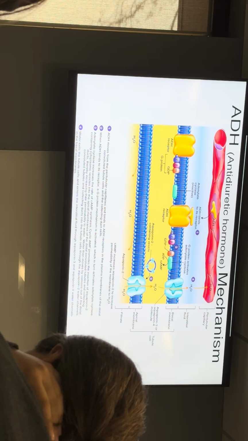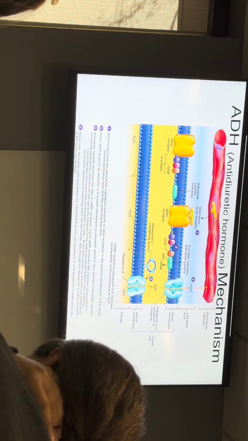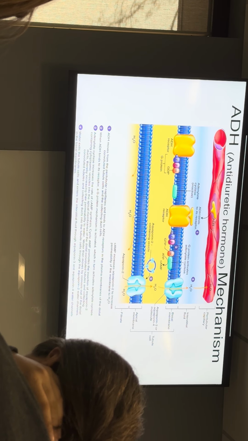But with your aldosterone mechanism, you're going to respond to this within less than a second once a hormone gets down to your kidneys. And how long is it going to take a hormone to get down to your kidneys? It will take about a minute. So really, this response is going to happen within a time range of 1 to 2 minutes. So you're dehydrated, and you're going to start to retain water and bring water back in.